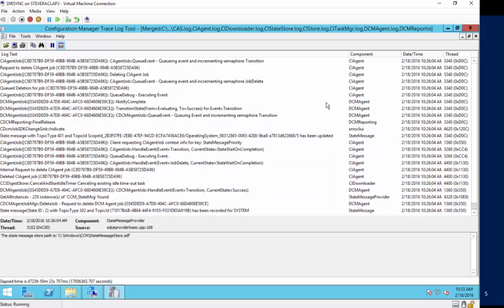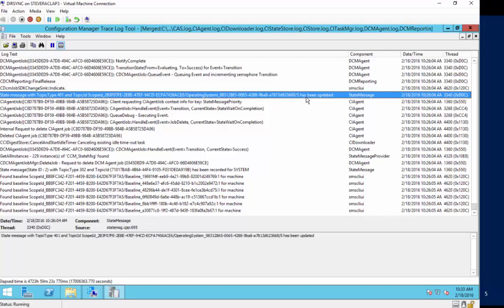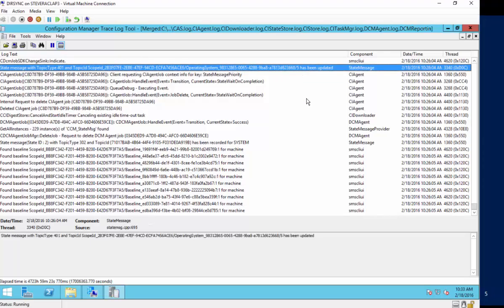We see the state messages provider. If there's something that's been updated, then we will go ahead and send it up, right, and so on, right? So that's really the logging information. Flew through that with a little bit of speed, but not wanting to get mired down in the minutia. In fact, that's really the only tour through the logs I'm going to do, but really just want to show